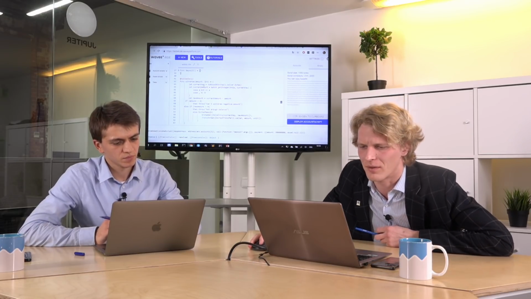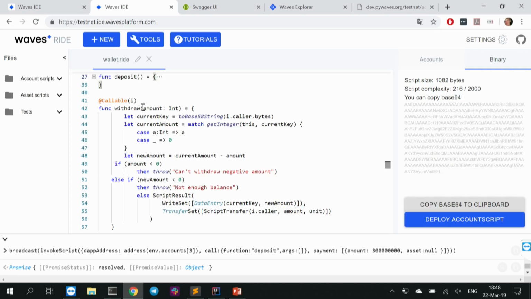It works the same. The function has one argument, how many tokens you want to withdraw. It queries the current blockchain, the current account state, for how many tokens this account has, calculates the new amount, and doesn't allow you to withdraw a negative amount, but it's up to you, the coder. It's up to you, the coder, to write the correct contract code. Don't blame anyone if you do the wrong thing and someone uses it.